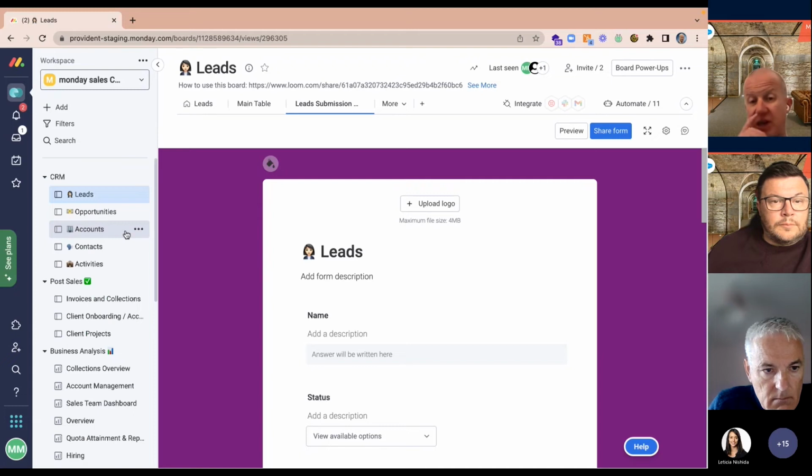So what I'm going to do today is take you through from the beginning how we might get leads into this, what happens from there, how we qualify the leads, how we create an account, how we create a contact, how we track the activities and the communication between us and those leads, and how we can bring it through the whole sales cycle to a closed won opportunity. And then even there, we've got some post-sales aspects which we can show you in terms of how